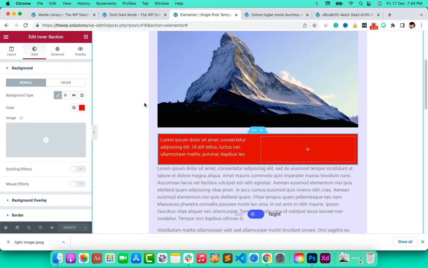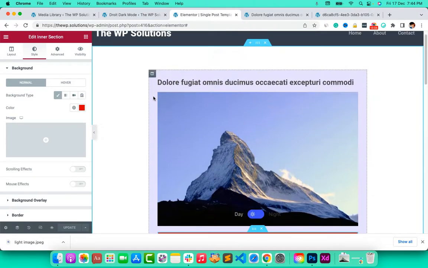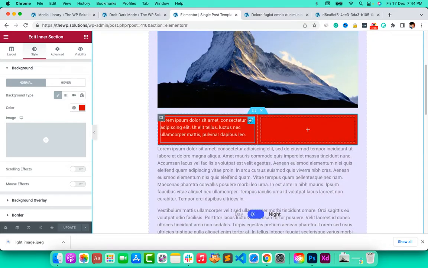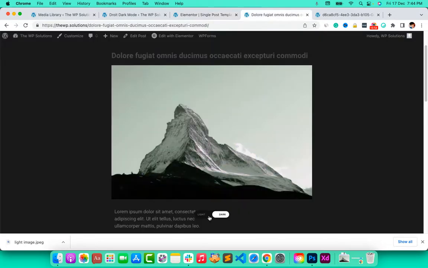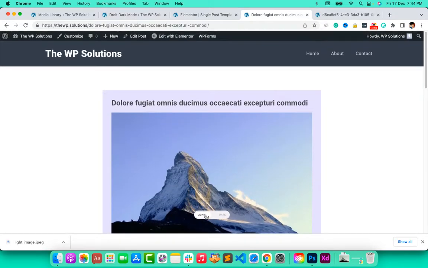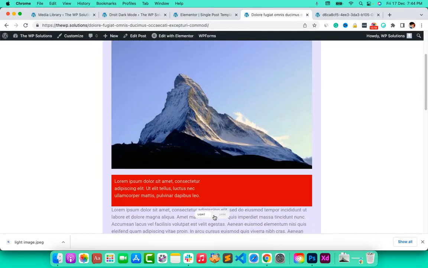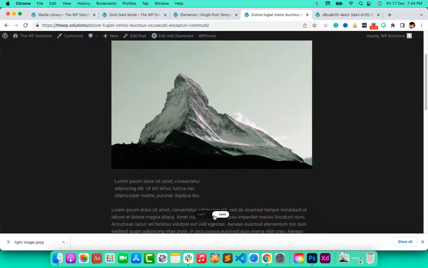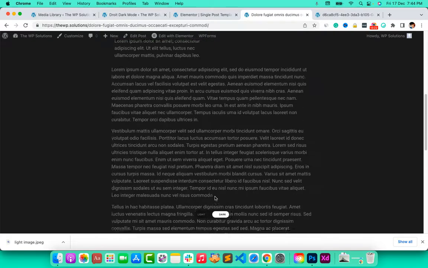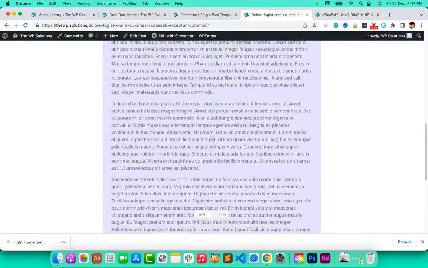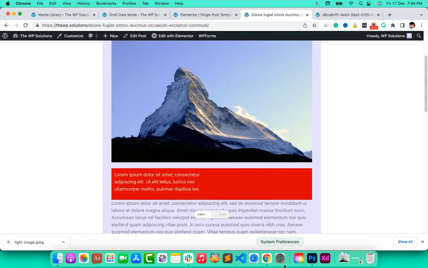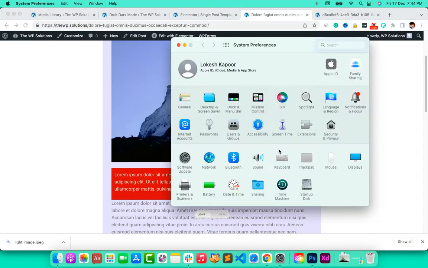So background body is white, this column background is a little bit of blue, and then this section is having a background color of red. So you don't have to do anything, it will automatically make everything dark. Perfect. It would adjust automatically like this. So it is a setting like this.